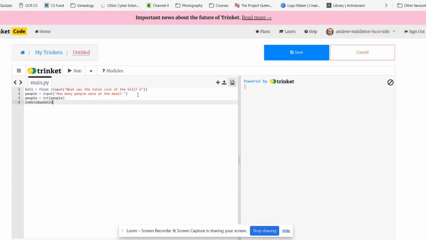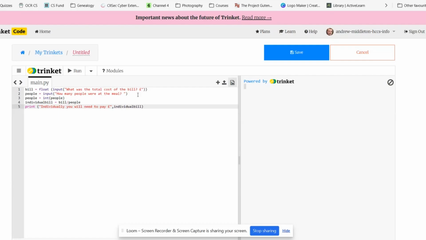individual bill equals the bill divided by the number of people. And then we need a print that says individually you will need to pay pound, comma, we could use that plus sign, but we're going to use a comma,